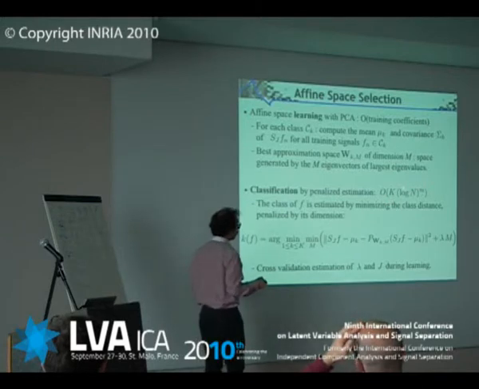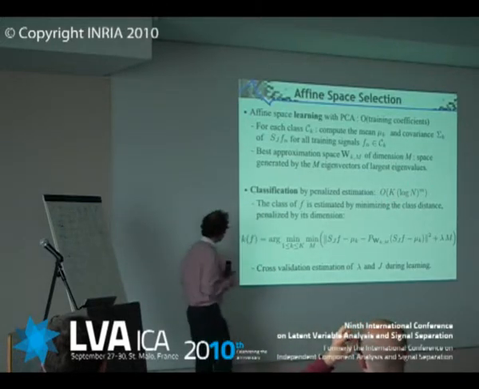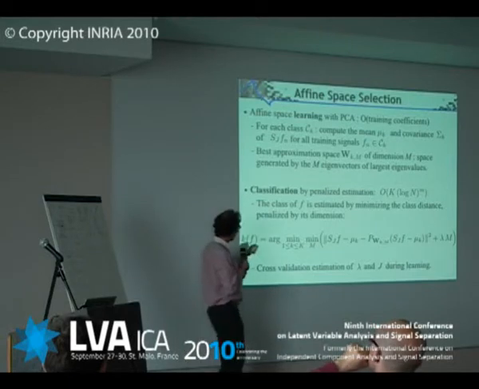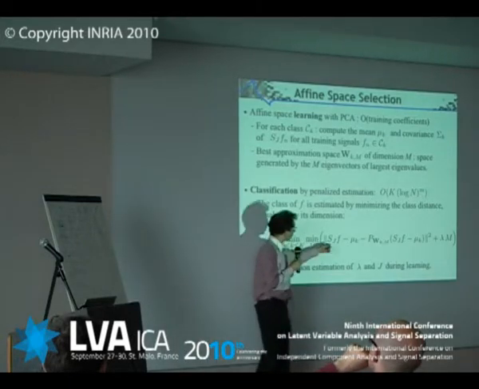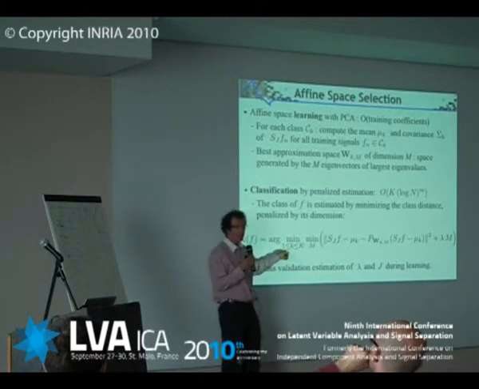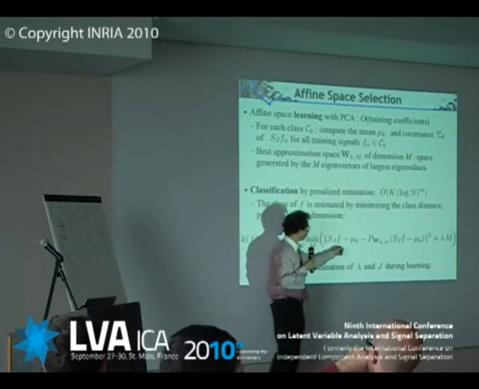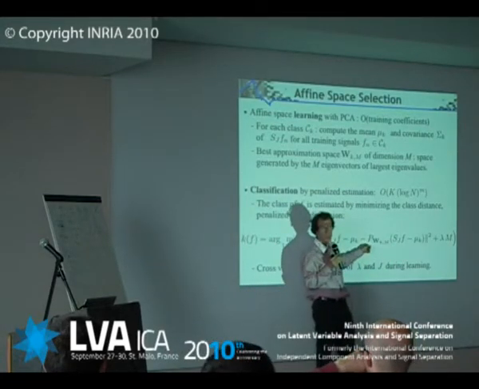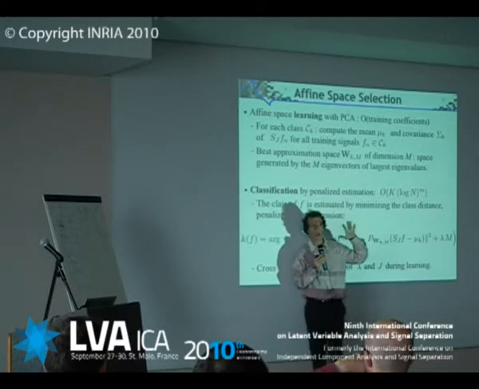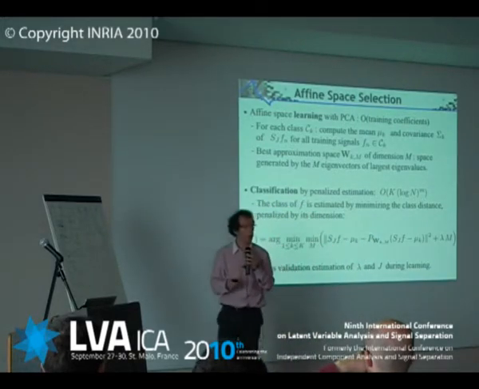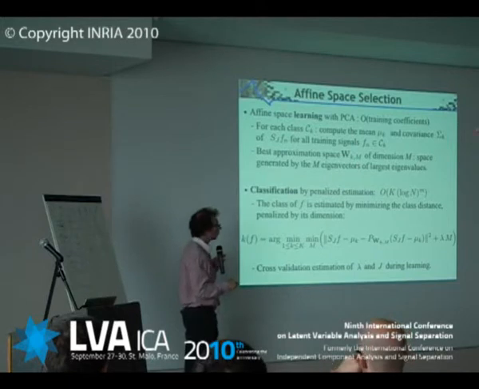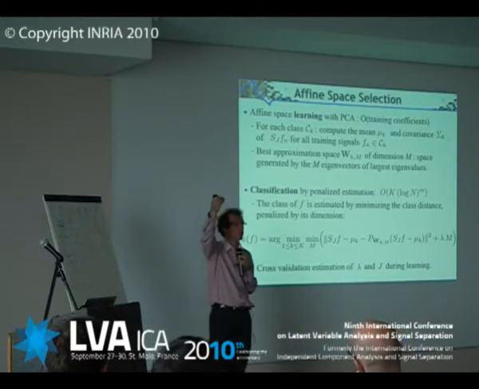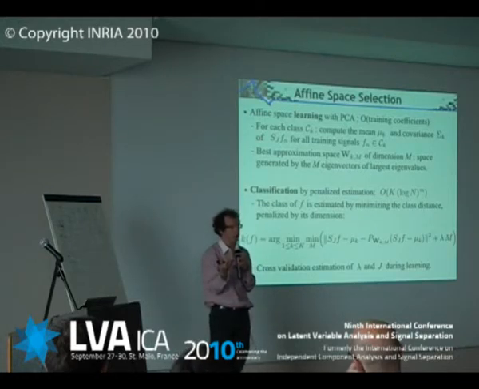Classification. The classification is going to be proportional to log n to the power m multiplied by the number of classes. So you have a signal, you transform the signal, and for each class k, you look at the distance between the transformed signal and its projection on this predefined affine space calculated with the PCA. The problem is you don't know what should be the right dimension for m. What is the right dimension? The right dimension m is, in some sense, the number of independent deformations which maintains you within the class.